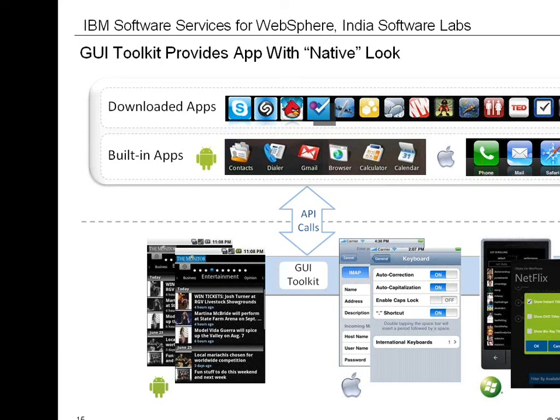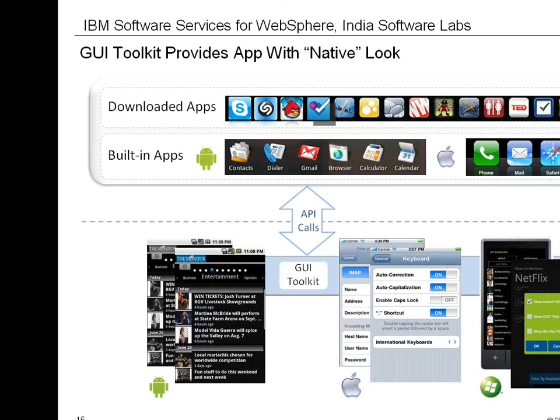And these native UI components usually provide a very smooth user interface. Though it's important to note that each mobile operating system comes with its own palette of UI components, which means that if you want to build an application that works across multiple operating systems, the designer of the application must be familiar with the UI components provided by each operating system in order to design an application that works for that user.